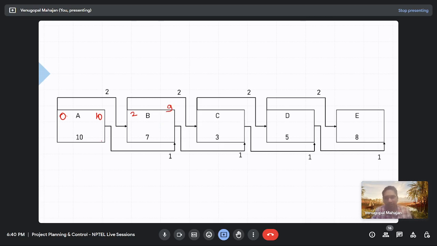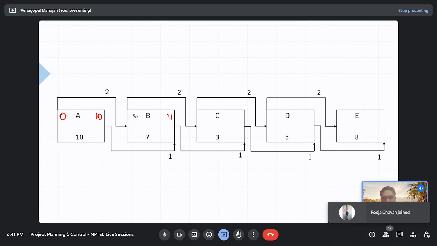There is a finish to finish relationship with A also, no? We'll take 18, sir, instead of 9. Why 18? Because one more relation is given, sir. Which relation gives you the value of 18? Finish to finish relationship is given. So the forward pass for this would be 10 plus 1, it would be 11. Then 2 plus 7 is 9. So this would be 11, right? Yes, sir, the bigger value 11. And as it is continuous, this value would also be 4 now, right? 11 minus 7, 4.